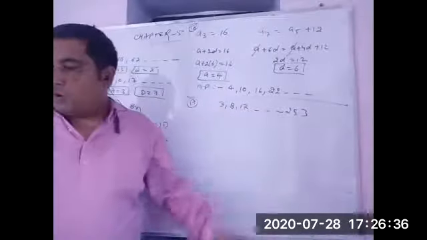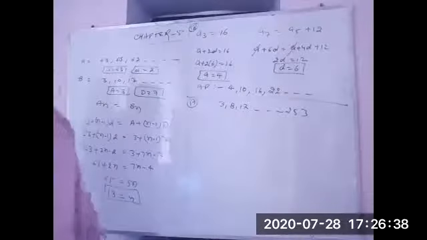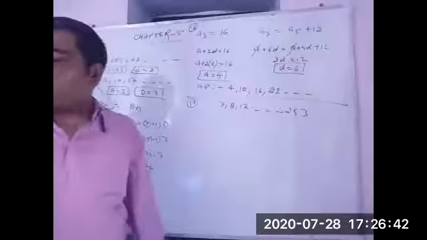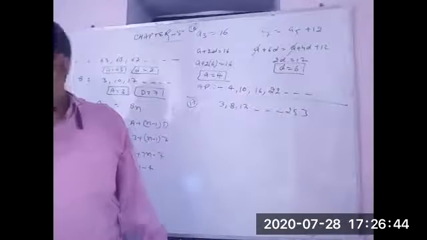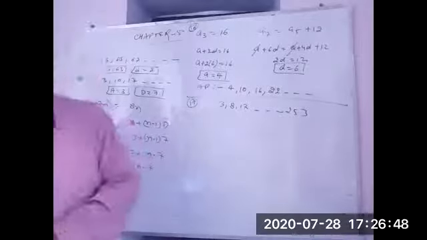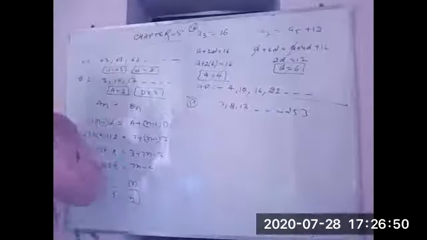So what will we do here? One method we can adopt: we find how many total terms are there, then we leave out 19 terms from the last, and then we subtract 19, and then we find the value of n, and then we find the value there. It will be very, very lengthy.